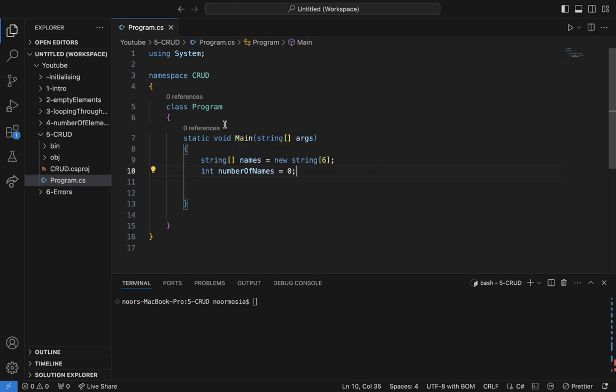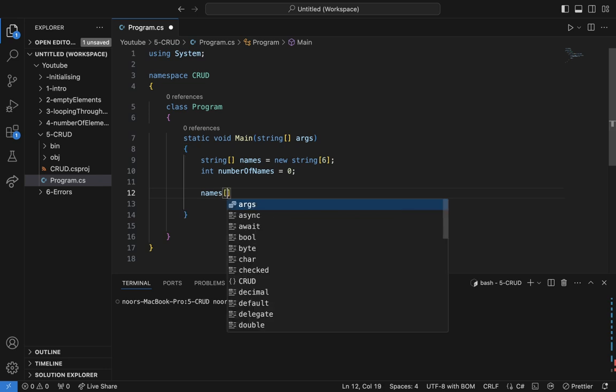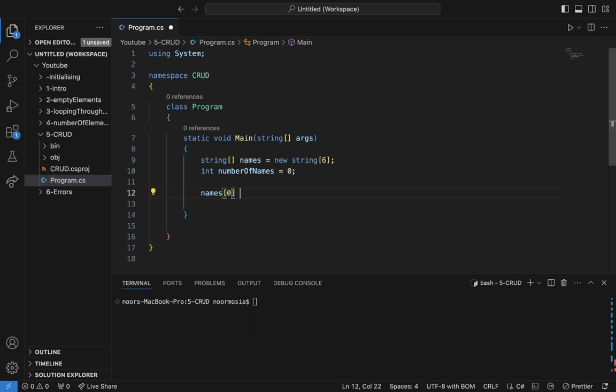So the first thing we are going to do is write a method that displays all the elements in this array, right? Before we can display elements in an array, we need to add the elements. For now, I'll just add the elements by myself. I'll just hard code them. So then we go back to Williams